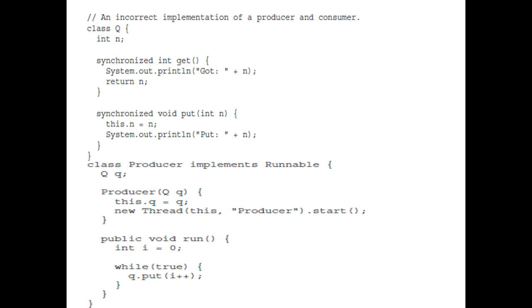program. First we have defined a queue class which consists of two methods, one is get, another is put, and it has one field called n. We have a synchronized get method in which we display the value of n.